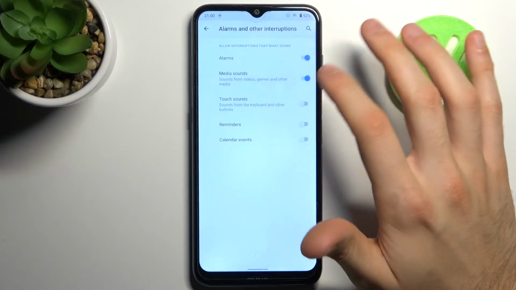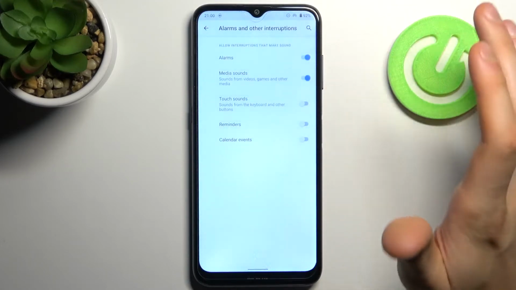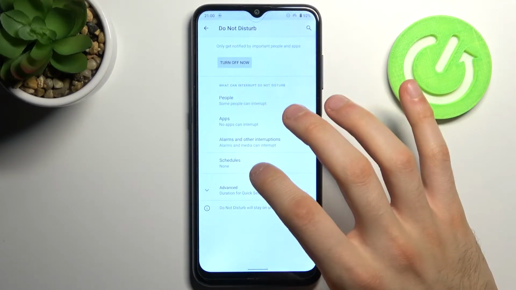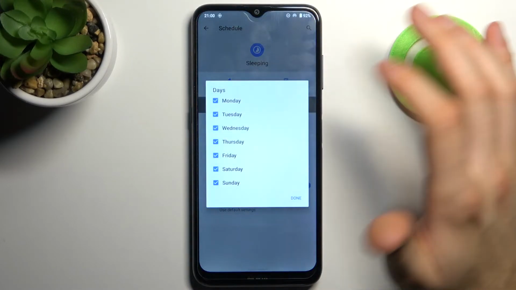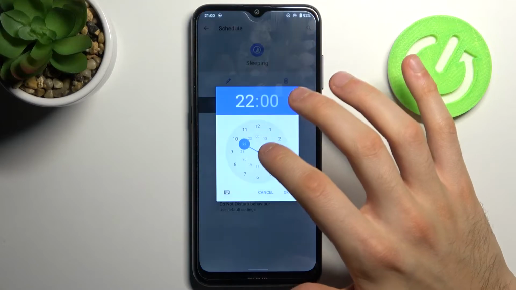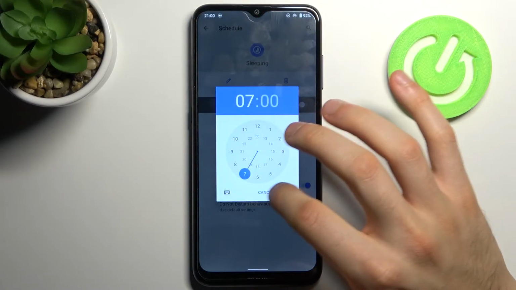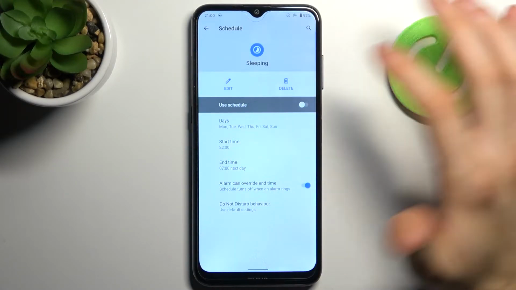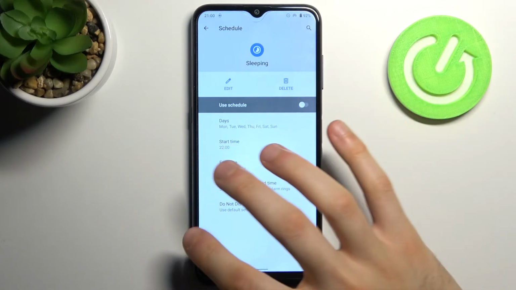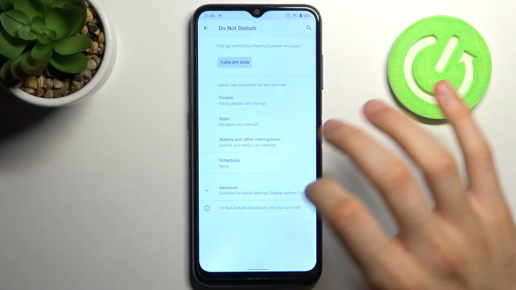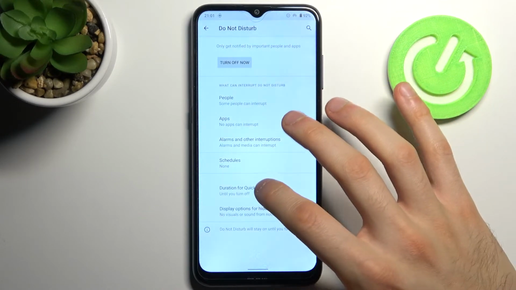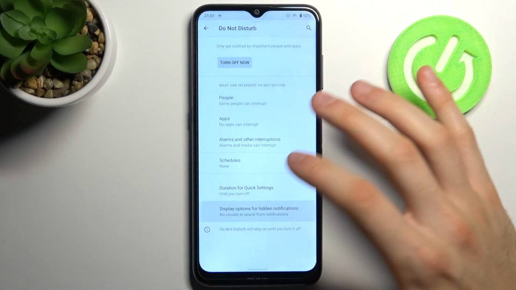Other interruptions like alarms, media sounds, touch sounds, reminders, calendar events. You have the schedule for this mode too. You can pick days on which it will be active, start time, end time, and you can rename it. You can also set default duration for this mode here, and you can